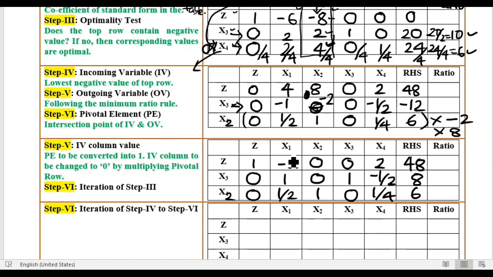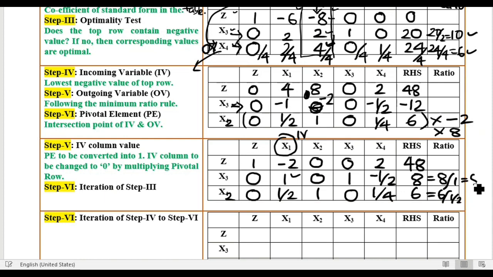We have to find out the... So x1 becomes my incoming variable. Now I have to find out the ratio. So which one will I divide? The ratio of this one would be 8 divided by 1. Similarly over here 6 divided by 1 by 2. So this becomes 8 and this becomes 12. It says to follow the minimum ratio rule. So minimum is 8, that means this becomes my